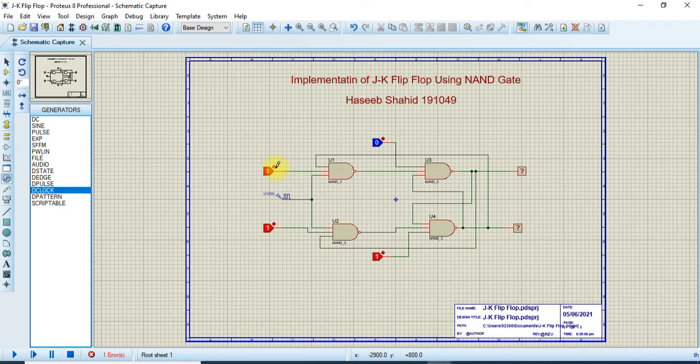And when we change it to 0 1, the output would be 1 1. As you can see, as a clock signal is applied, the value is set and again reset. So in this way our JK flip-flop works.